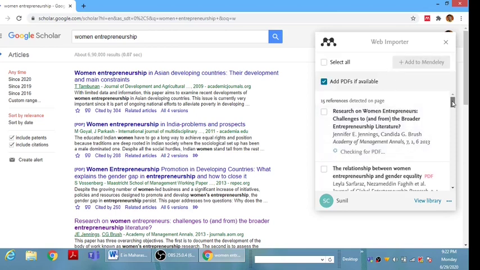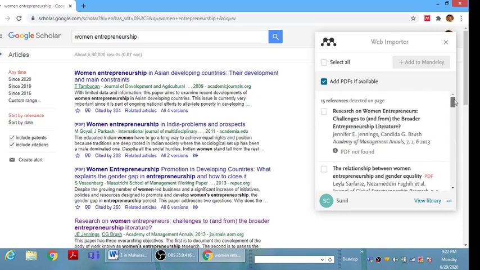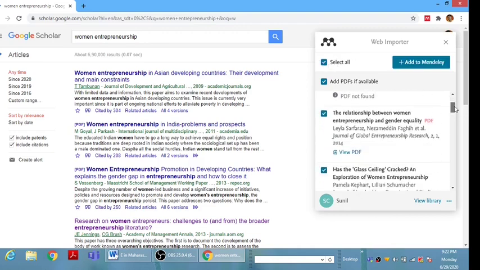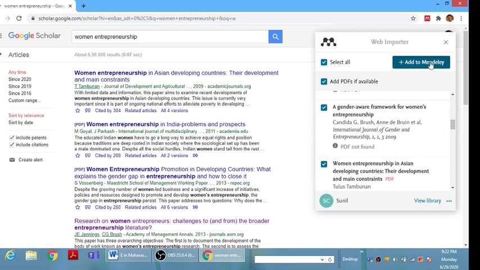Now you can select these web resources one by one and add them into Mendeley desktop. But right now I'm going to select all the web resources on this page into Mendeley, so I'm going to click on add to Mendeley. All these web resources will be added into the Mendeley desktop software.